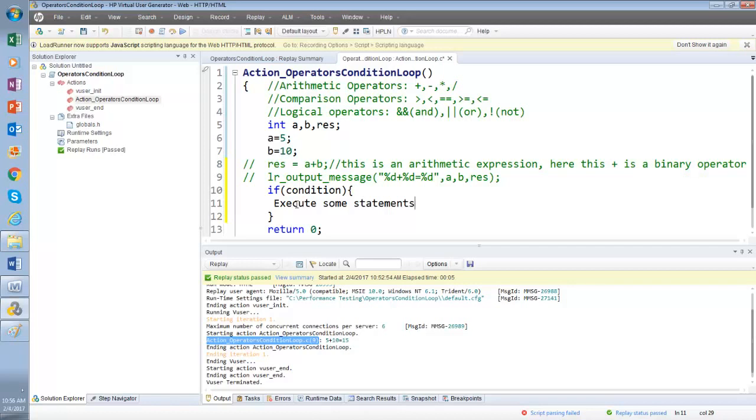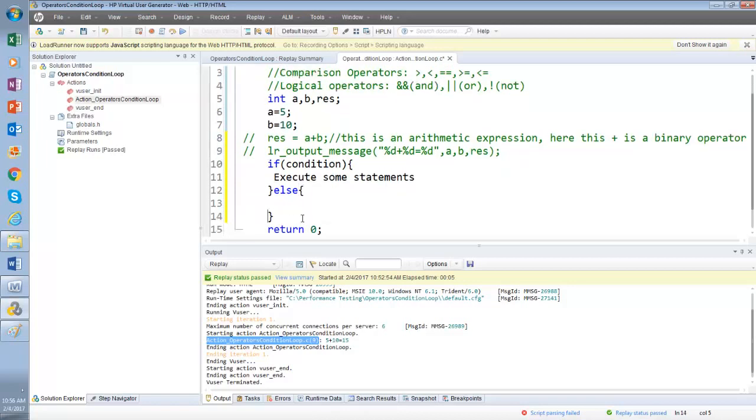If the condition is true, whatever you have inside this curly bracket will be executed. If not, it will not. Else, remember, if else: if the condition is true, do these things. If the condition is not true, else, execute this part.